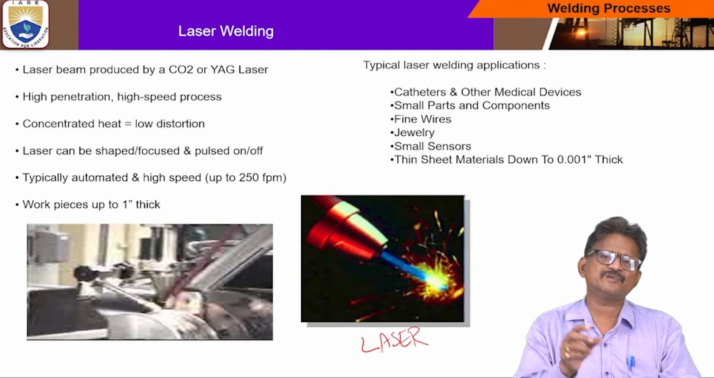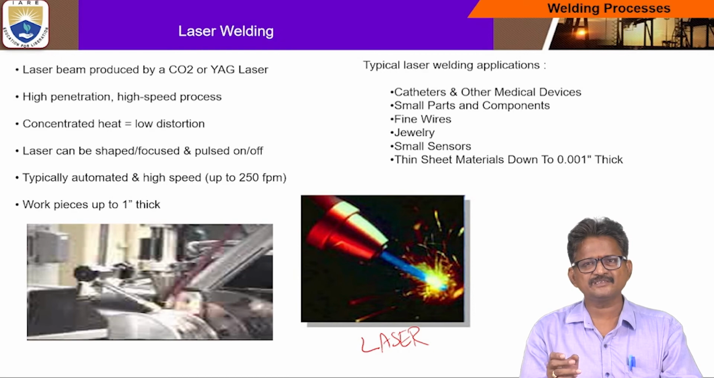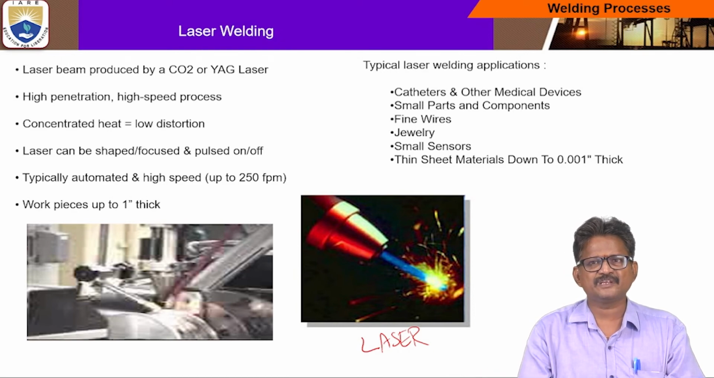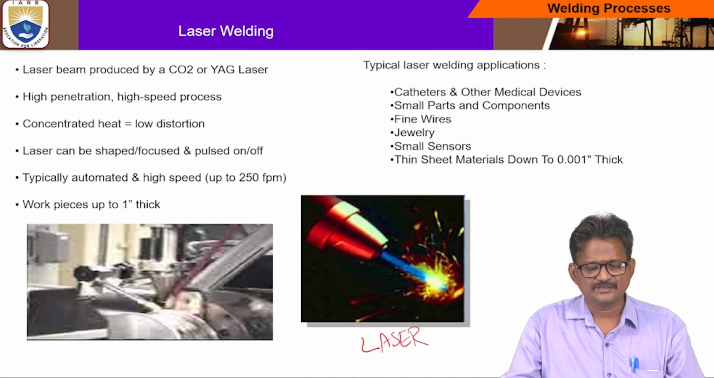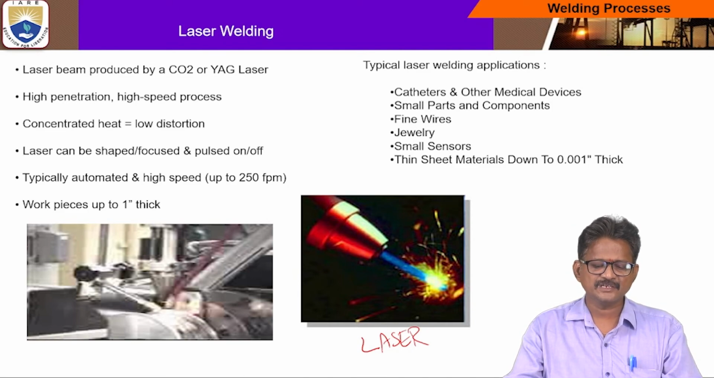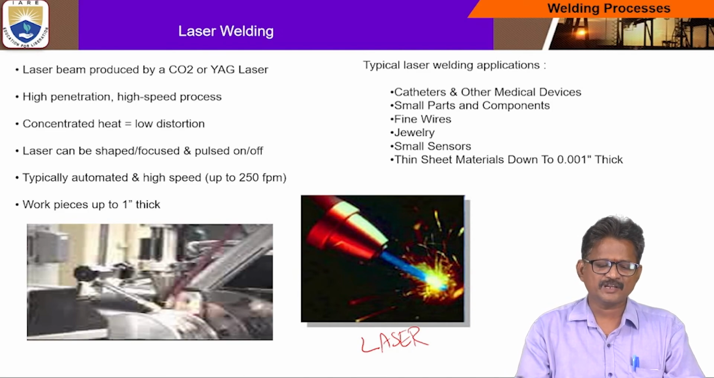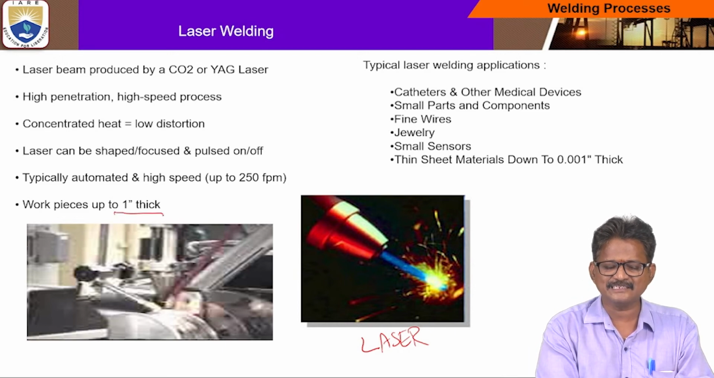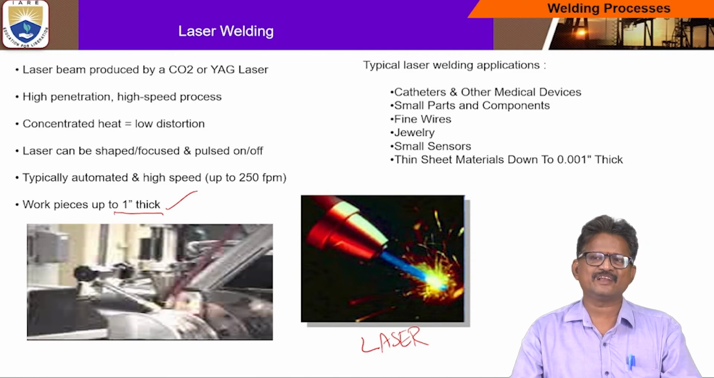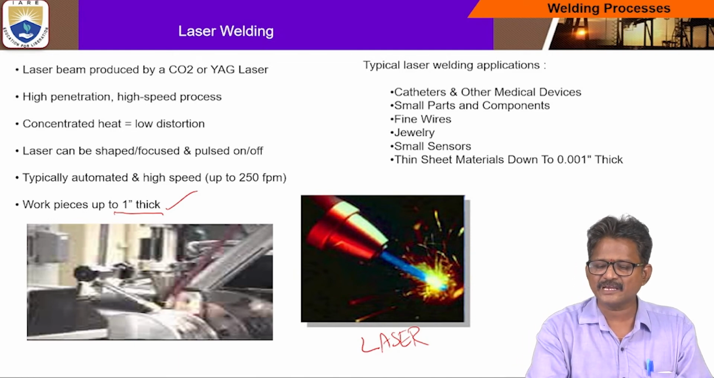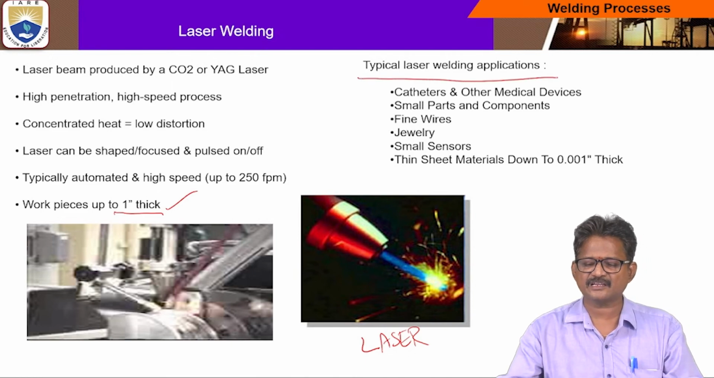This is also an important automated process. The speed can be approximately 250 inches per minute. The workpieces can be metals up to 1 inch thickness, which can be easily welded by this laser welding process. So the general typical laser welding applications are